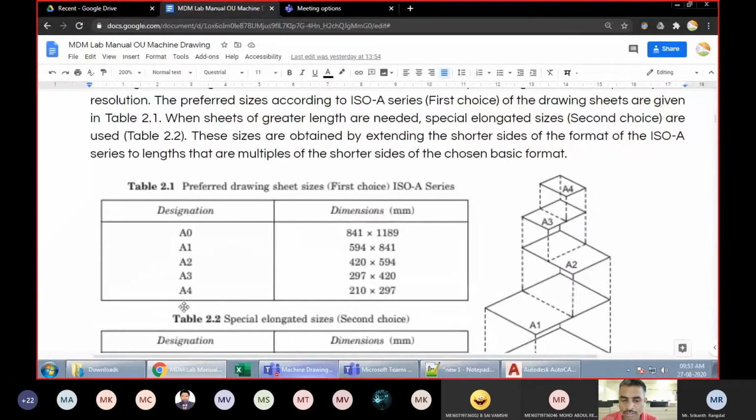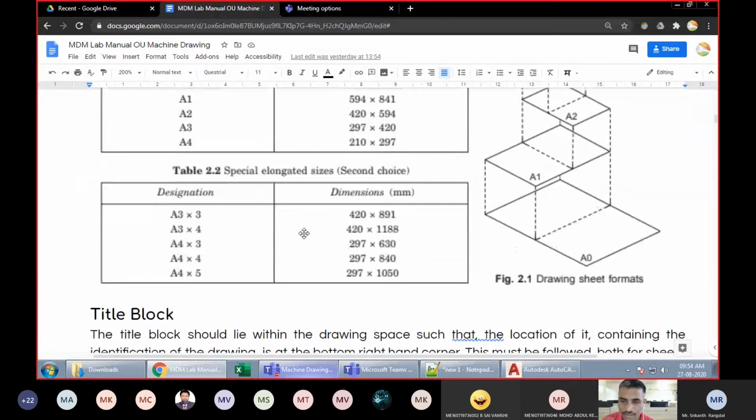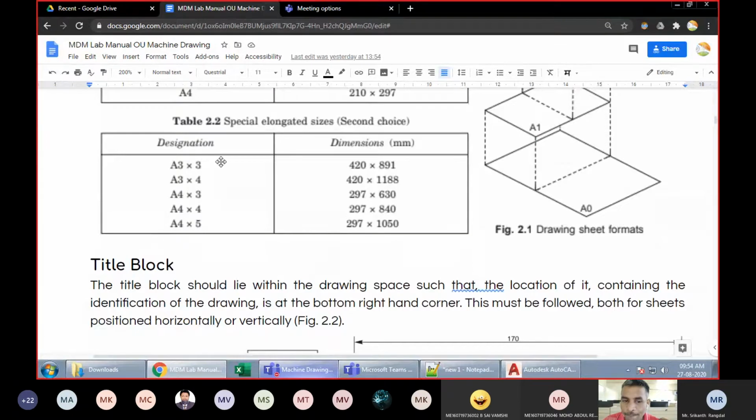So I had already talked about the sheets. I'll just revise it once again. So A4 sheet is your Xerox sheet size, and these dimensions you should remember. Fine. So I may be conducting a small quiz in which I'll be asking one question with 4 options, and time limit will be placed. You all have to answer that quiz, and these marks will go into your assignments. Okay.